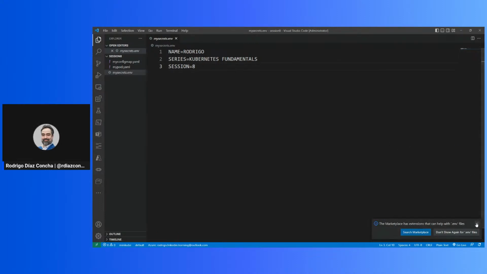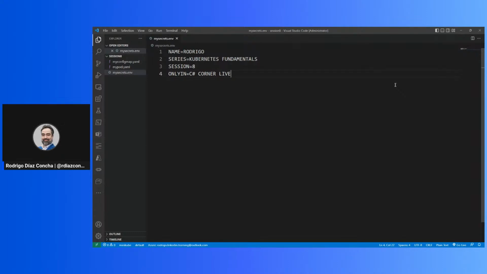Let's clear up the screen. So name, series, session 8, right? Only in CSharpCorner live. Okay, so I have those 4 key value pairs, and I want to read this entire file